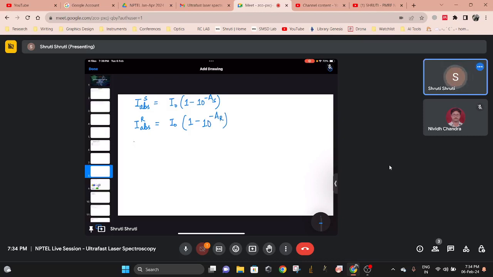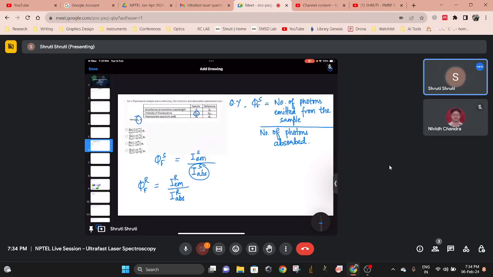So the ratio, let me write this as the fluorescence quantum yield of the sample divided by the fluorescence quantum yield of the reference will be,